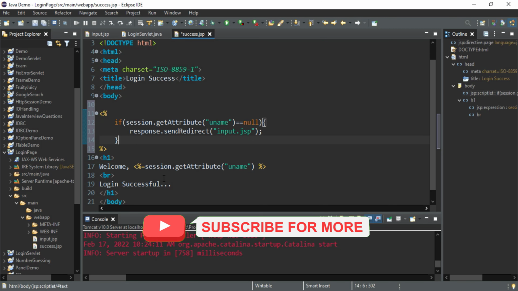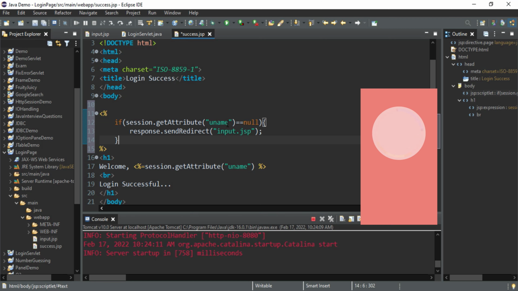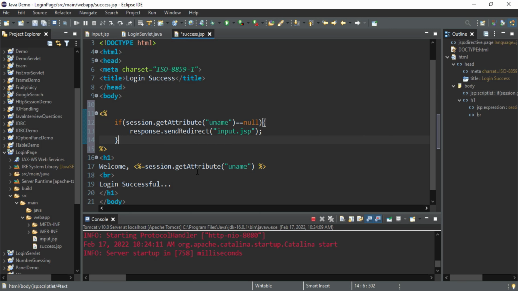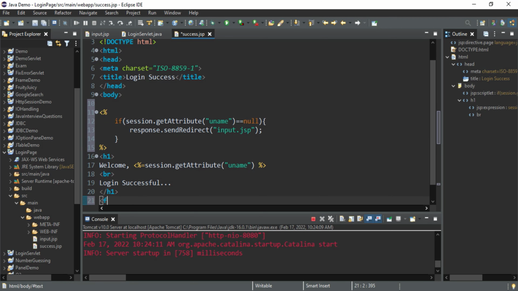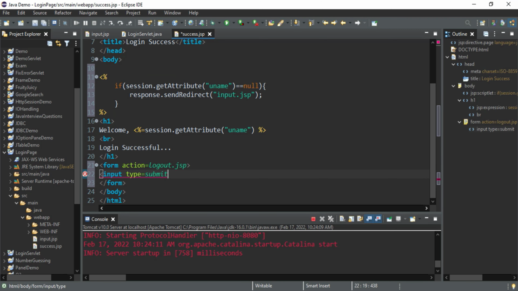Now another thing I would like to add in this: if I want to log out, whatever information I have stored in session, I want to delete that information and log out. So for that I'm going to use a form tag over here. Let me write form and then action, and here I'm going to give the action as logout.jsp, and inside this I'm just keeping one button, input type equal to submit, and value I'm providing as logout.